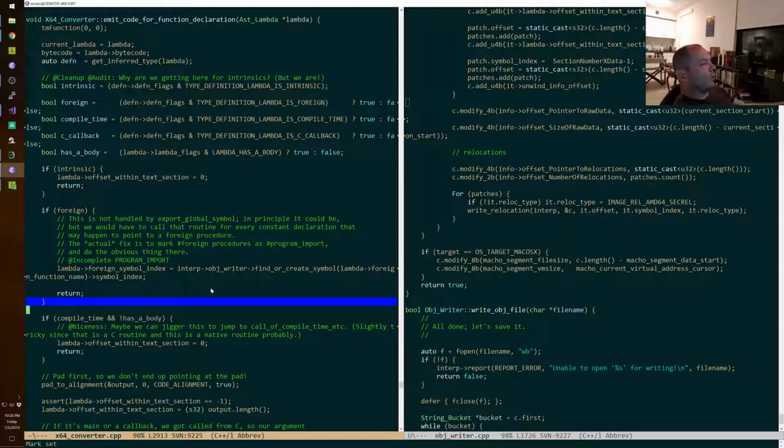I mean, it's weird because foreign is a little bit of shorthand. Anyway, we're going to have foreign set the new program import variable under the right conditions for that. And then if a procedure gets inferred and it's program import, we're just going to put it into an array of things